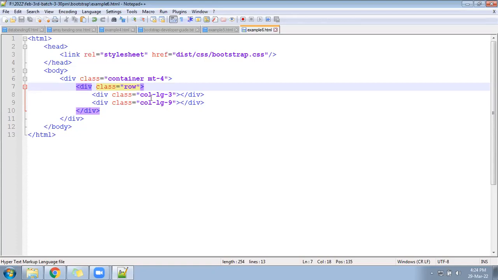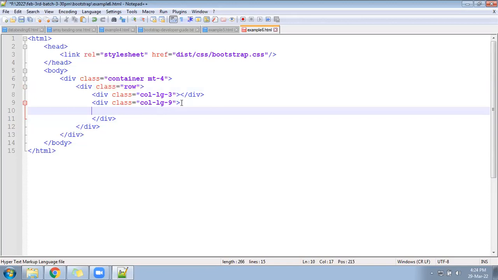Come to the 9. Under the 9, you will write here an H3 called Table example in Bootstrap.